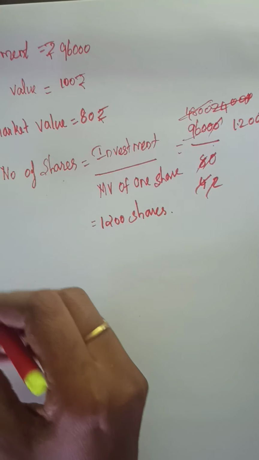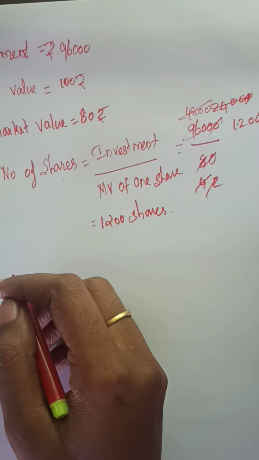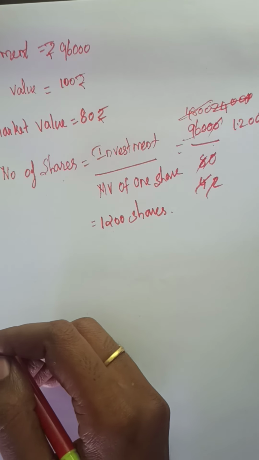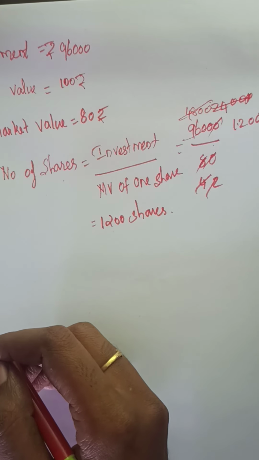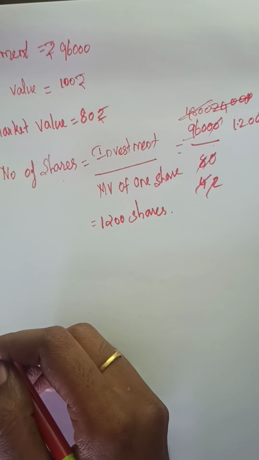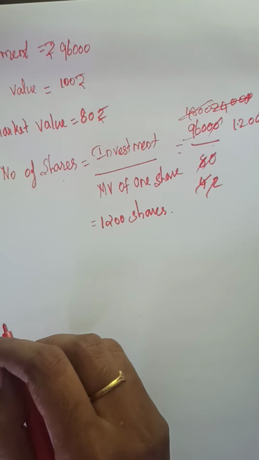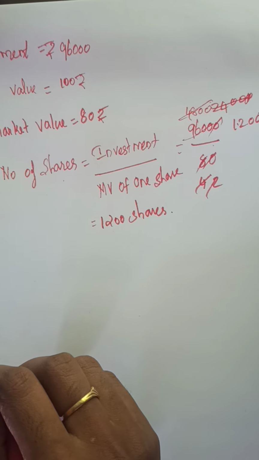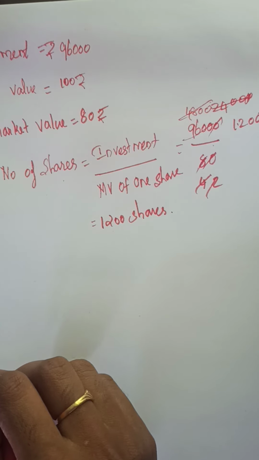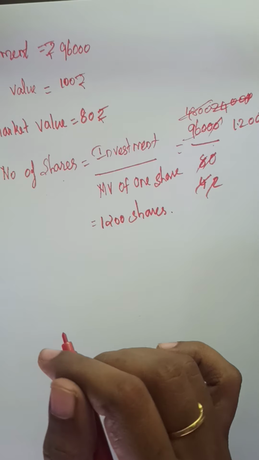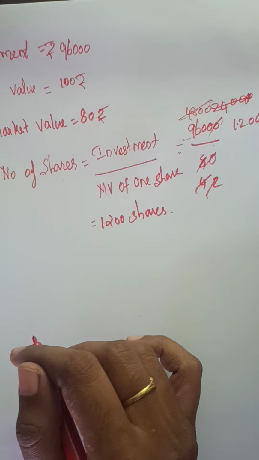Okay, next one, total dividend. So total dividend also you have learned the formula. What's the formula for dividend? Number of shares into rate of dividend into face value of a share. Annual income is same as the total dividend. Total number of shares into face value of a share into rate of dividend. So total dividend is same as income. That is the second formula in the useful results.